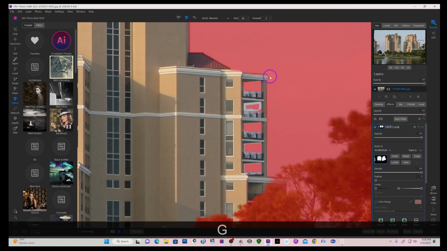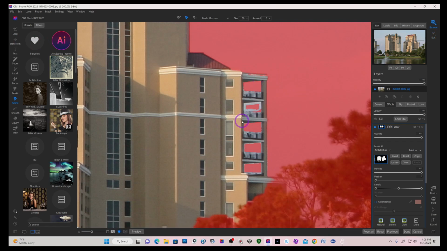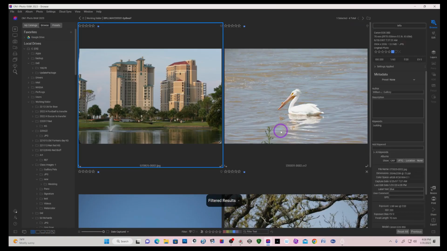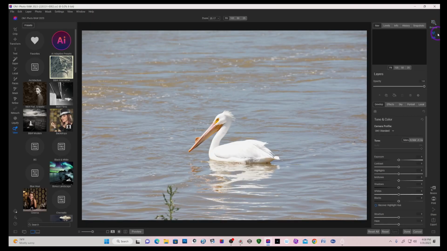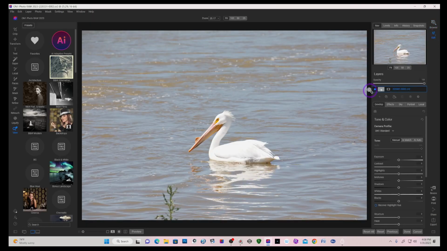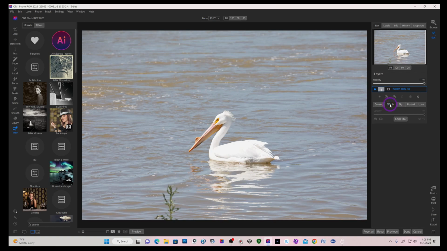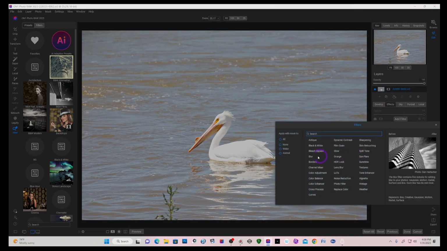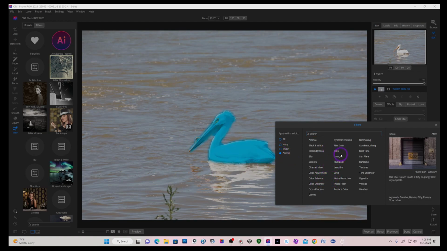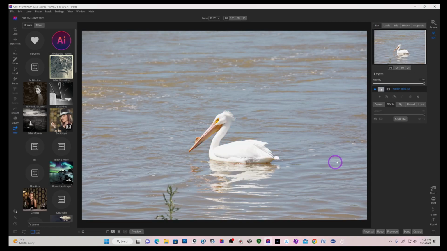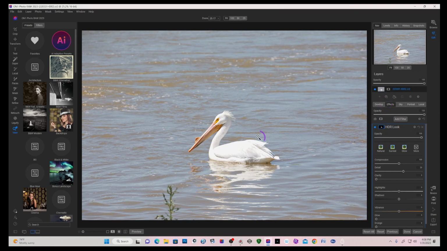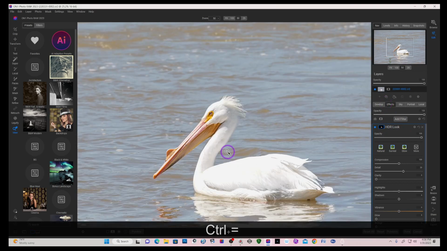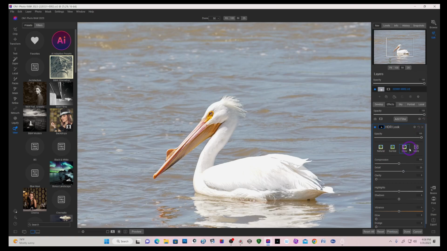I'm going to go back to my grid view and let's select this one. We'll go into edit, go effects, add a filter, animal. You can see it's selected pretty decent. I'm going to say high dynamic look. Control plus, zoom in and